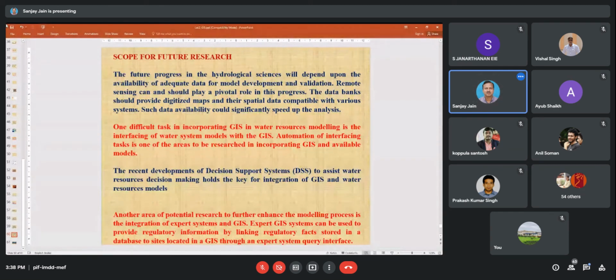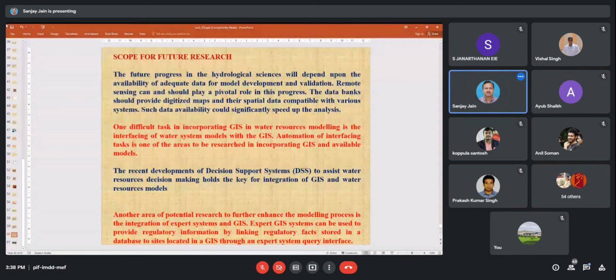Decision support system: if I am planning, putting a decision on a map, and I want to see what the changes and consequences of that change will be, I can see that in a DSS. And accordingly, I can apply them. Alternatives, different alternatives. Suppose in some area I want to propose afforestation. What will be the changes because of the afforestation? Suppose I have proposed some kind of crop rotation. What will be the effect of those changes? I can see that, and then accordingly I can apply that decision.